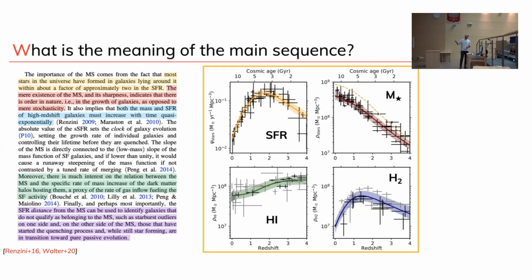This is the HI, so the neutral hydrogen. We didn't talk a lot about this. Let's focus mostly on this H2, which is fuel for star formation. And if it's true that you form stars out of this cold gas, then maybe it's not totally surprising that they have the same shape. But please remember how hard it is to estimate this quantity. We saw yesterday a series of caveats, and it should not be taken for granted that you can actually measure H2 at such high redshift. It's still a pretty complicated task. Okay, so most of the stars are formed on the main sequence.